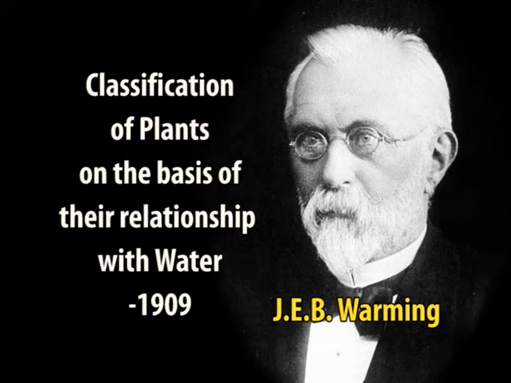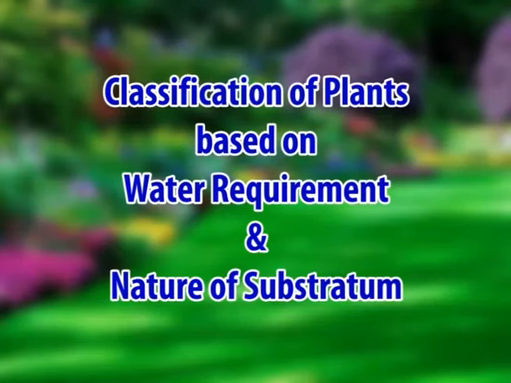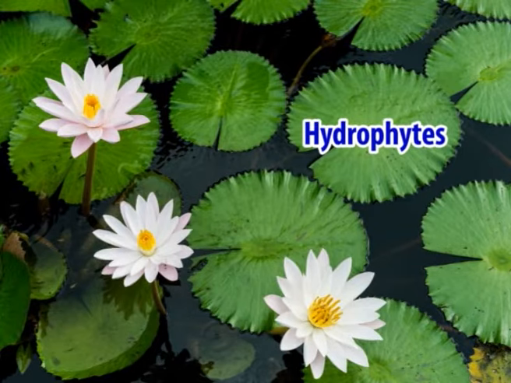This classification was made on the basis of plants and their relationship with water. Water supply and transpiration regulation in plants are the most important factors that evoke differences in plant life and plant forms. Plants can be classified on the basis of their water requirement and nature of soils as hydrophytes, plants growing